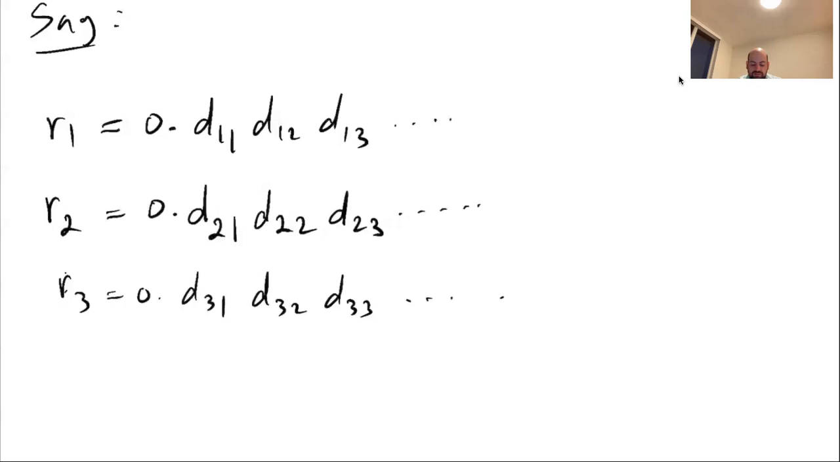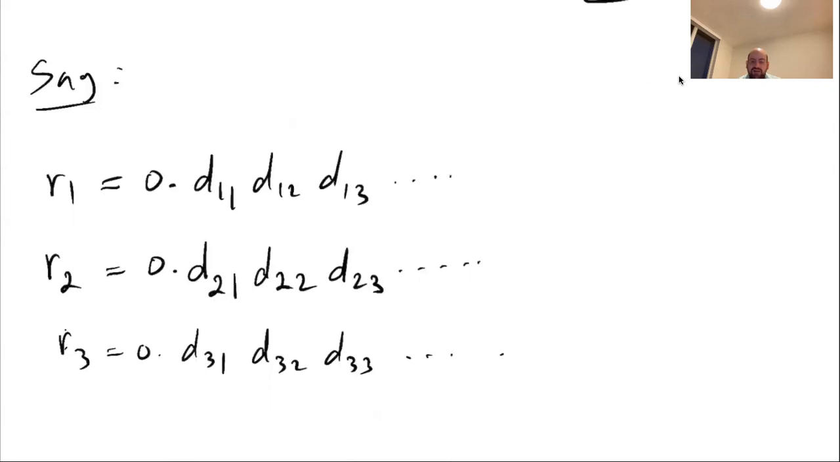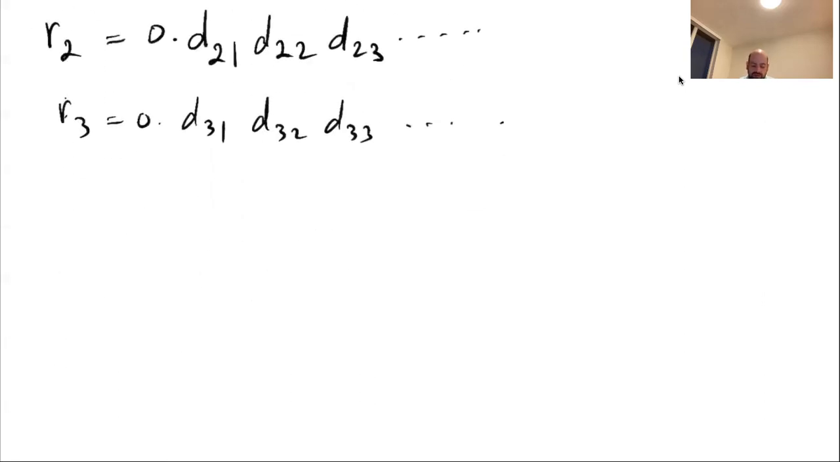And if my assumption is true that 0 to 1 is denumerable, every element in 0 to 1 must be listed here. So every element in 0 to 1 must be one of these Ri's. So if I can construct a number between 0 and 1 which is none of these Ri's, then I will have my contradiction. Because I was assuming that all the elements from 0 to 1 can be listed. So now consider,